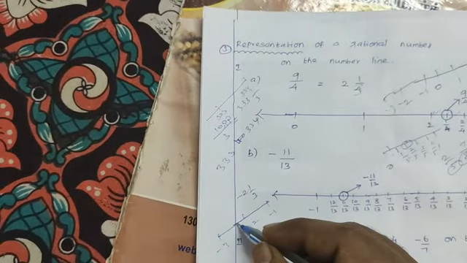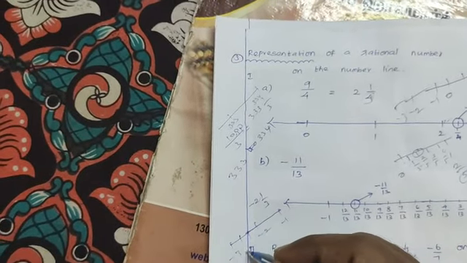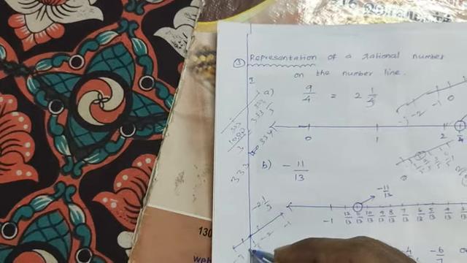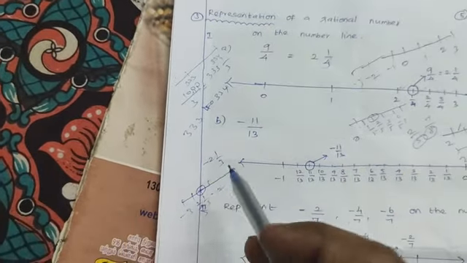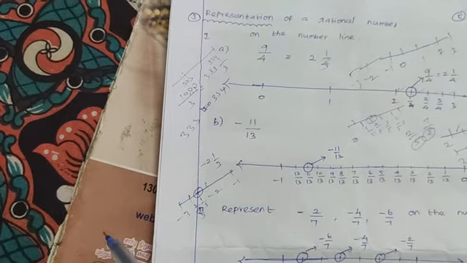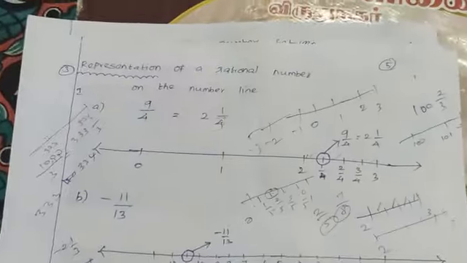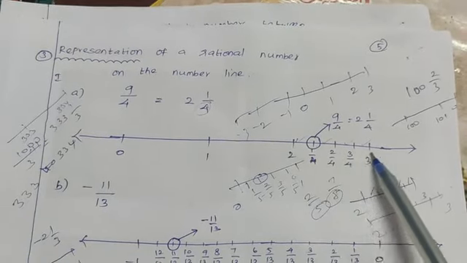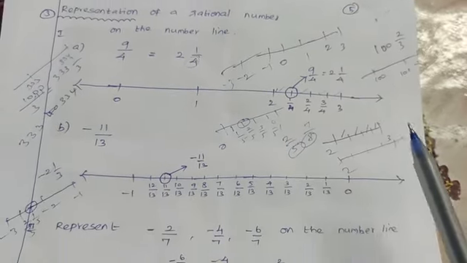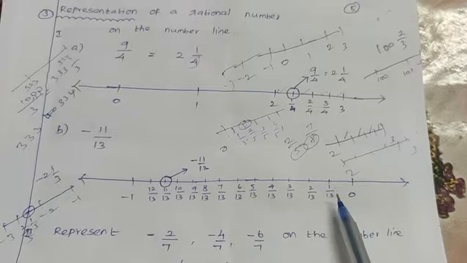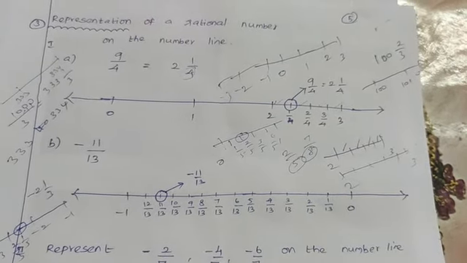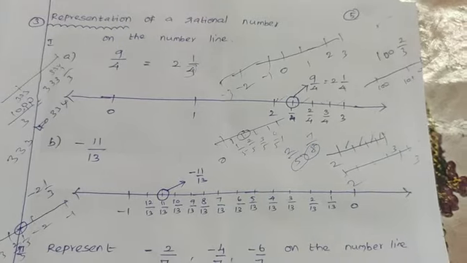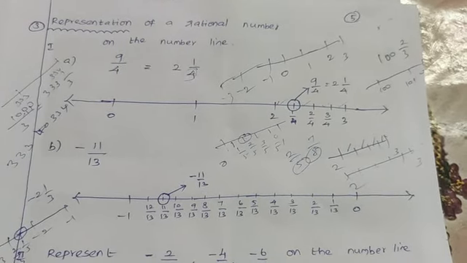So here for 1 by 3, we need to divide into 3 parts: 1, 2, 2 lines. Here 1 by 3, here 2 by 3. So minus 2 1 by 3 is this. For a negative number, move left side. For a positive number, move right side. So think about the difference. Positive number, move right side: 1, 2, 3, 4. For negative number, move left side: 1, 2, 3, 4, 5. Think about the difference. If you do not understand, just see this problem 1 or 2 times.